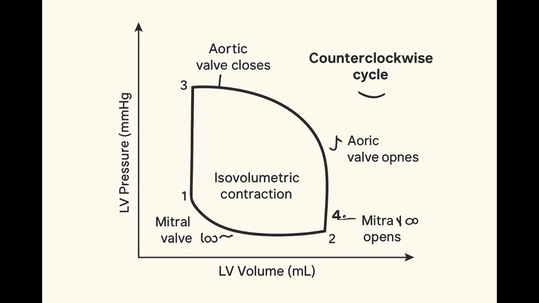Pressure falls rapidly, volume stays constant again. And finally, phase 4, filling. Mitral valve opens when LV pressure drops below atrial pressure, and the ventricle fills, volume increases, moving us back to the start. And visually, the width of that loop tells you